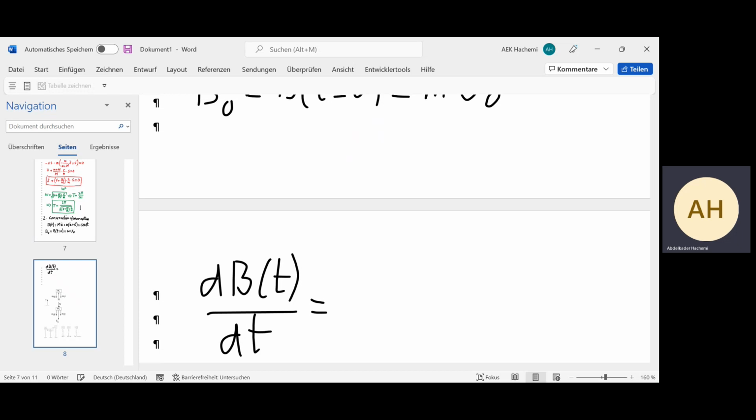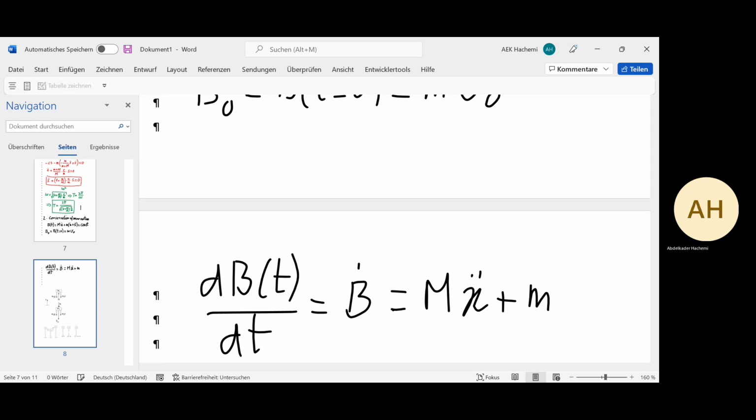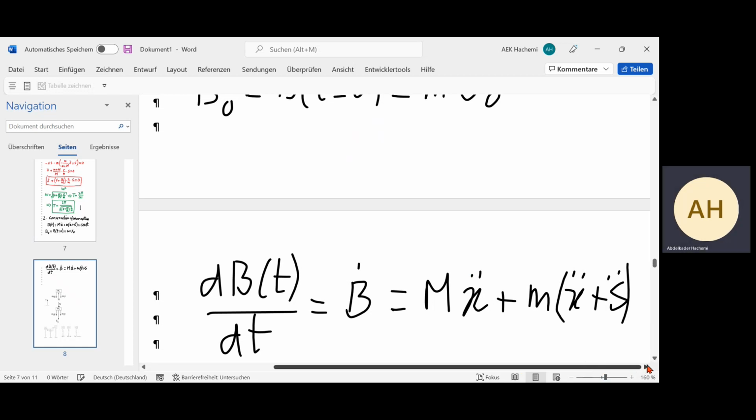This will be B dot, and it will be equal to the mass M x double dot plus m, x double dot plus s double dot. This is equal